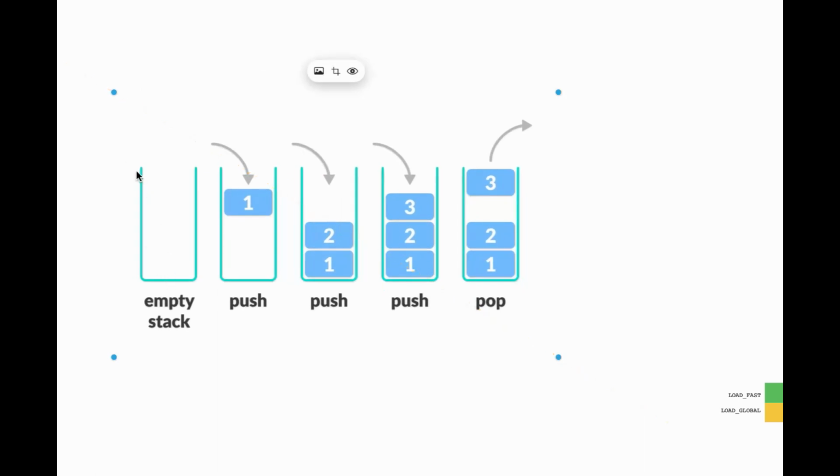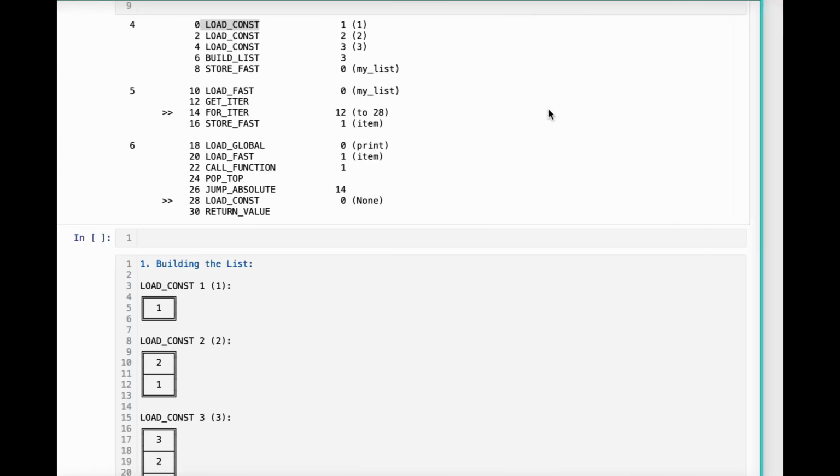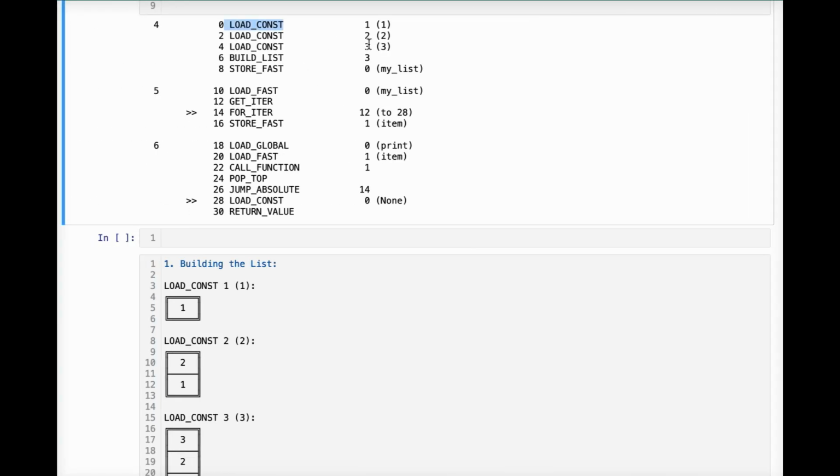I have a graphic that actually demonstrates what a stack looks like. Whenever you see a stack, picture an empty barrel. It's a last in, first out kind of method. So the last item you put in is the first one to come out. The operations are called push and pop. Push is to insert. So in this picture, for example, we're pushing 1 into our stack, and then in this one we're pushing 2. So the stack now has 2 elements, 1 and 2. As you can see, the last item is the first one to come out when we're popping it. So push 3 again, and then pop, we're popping 3 out. Right. So LOAD_CONST is basically like pushing 1 to the stack, 2 to the stack, 3 to the stack